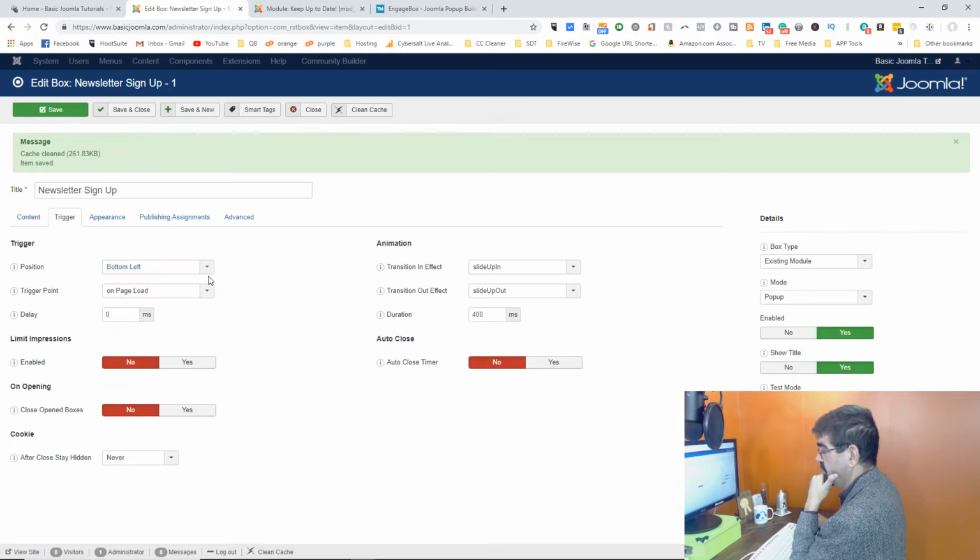In fact, what do we got here? Bottom left, bottom center, top left. Yeah, we'll go with the bottom left. That'll be good. And now let's use a delay in here just for fun. Milliseconds. So that's 1,000. So if I go 6,000 milliseconds and save,